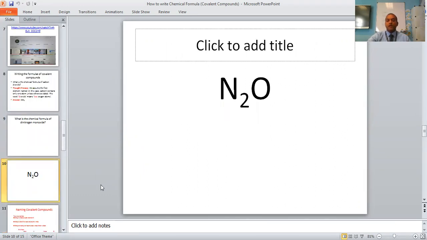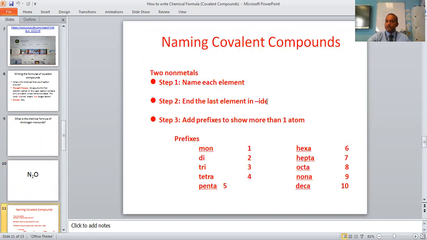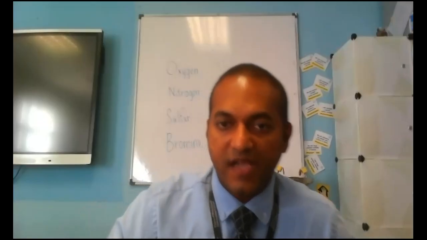So the rule for naming covalent compound is very short and simple. Step number 1, name each element. Step number 2, end the last name of those elements in IDE. So an example that I have today in the whiteboard here, as you can see,